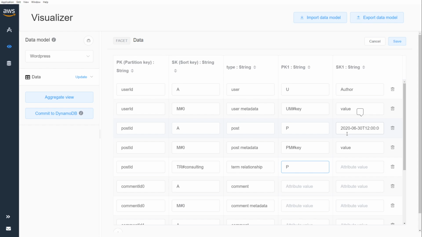There's no 0 to n. Again, it depends on how we want to categorize this. Maybe it'd say get all posts with the term relationship of X. We could also put all this data in the post, and it might actually be better to put all this data in the post condition, because what we could do is say,